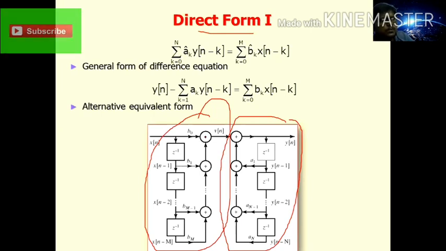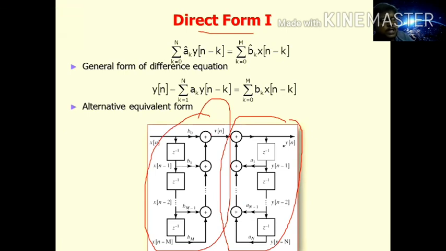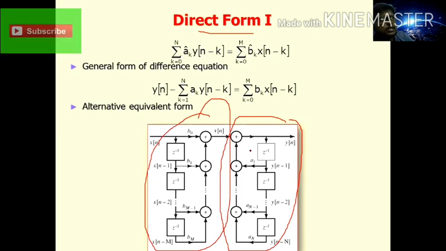Now the outputs of both systems are connected together. You can get the direct form 1 structure. It means the output here is v of n only. Okay, so sorry, for the first system the output is v of n. For the second system, this v of n becomes the input. Okay, so this is the direct form 1 realization structure, right?